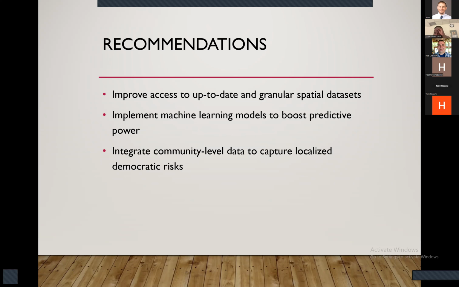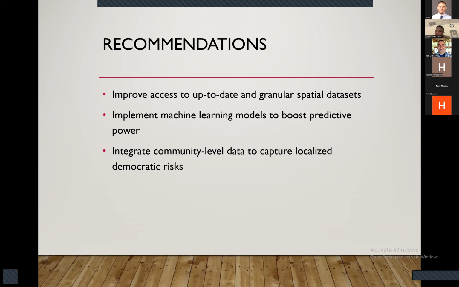First, we need to improve access to up-to-date and granular spatial datasets, particularly those related to governance, protest, and institutional performance. Much of the current data is either outdated, aggregated at national levels, or inconsistently reported. Creating partnerships with regional organizations and civil society for ongoing data collection will enhance both the spatial and temporal resolution